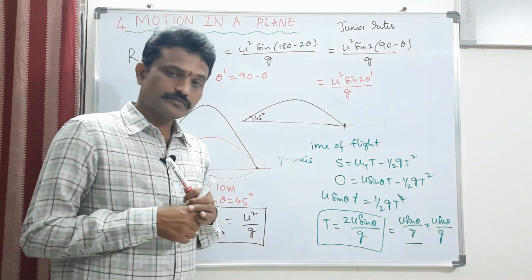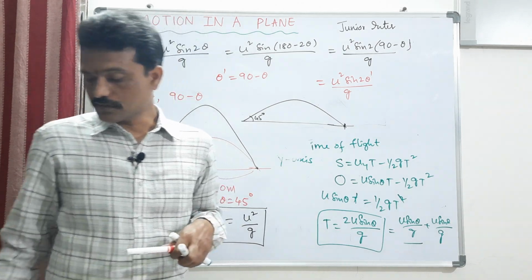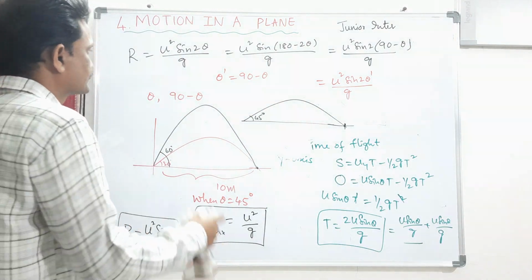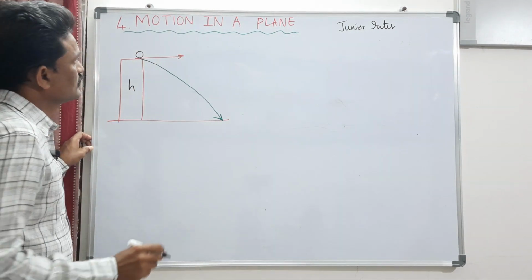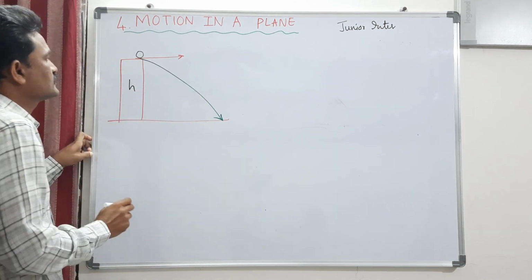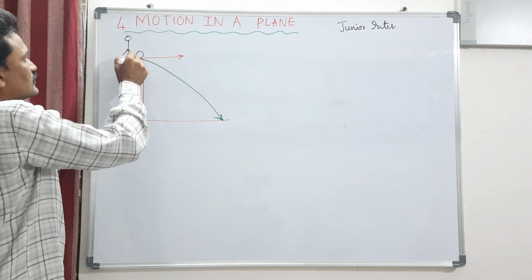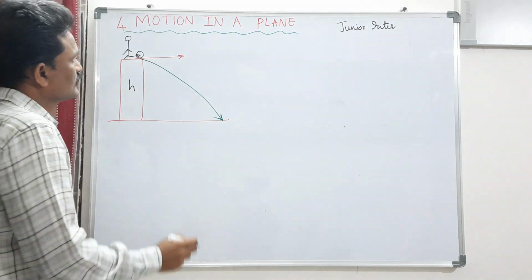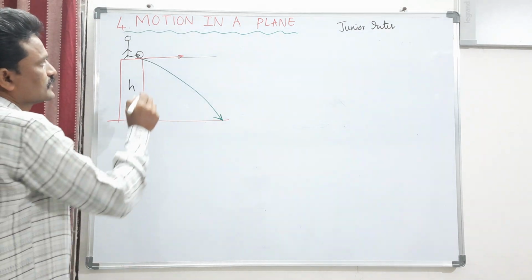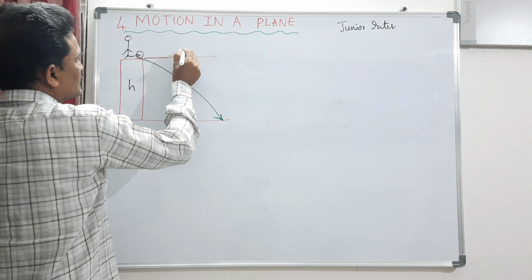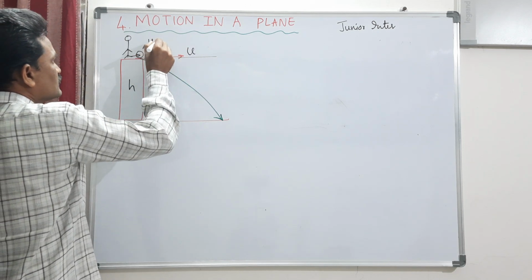Now we are going to discuss an object projected horizontally from a certain height. An object is projected horizontally from a certain height h. Suppose you are standing on a tower and you are kicking a football horizontally. Instead of going parallel to an infinite distance, it has to fall back due to gravitational attraction. So along the x-axis only, we are giving some speed u. Along the y-axis, there is no speed,